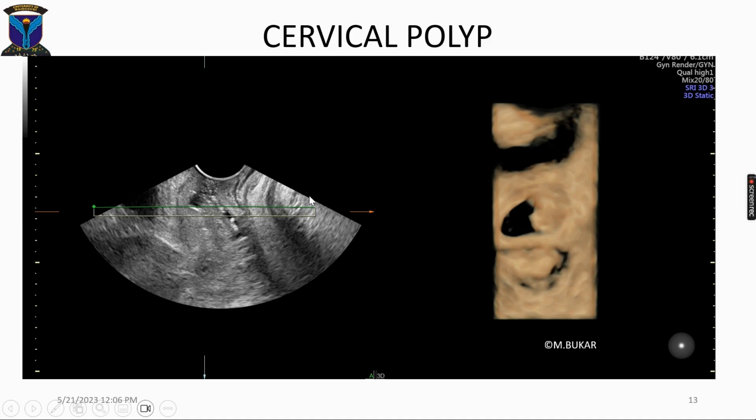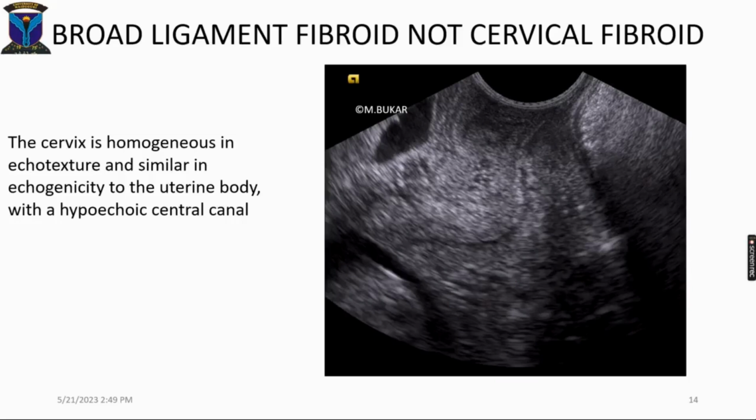Same case, 3D rendered image. The vagina. Look at this mass protruding into the vagina from the cervix. So this was a case of broad ligament fibroid and not a cervical fibroid. Bladder, anterior wall of the cervix, posterior wall of the cervix,